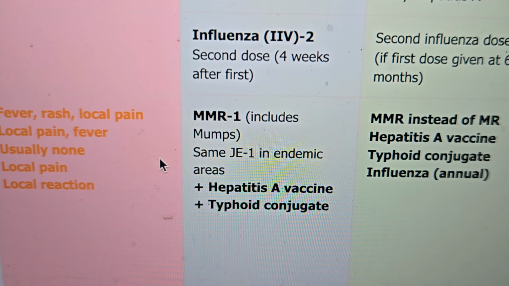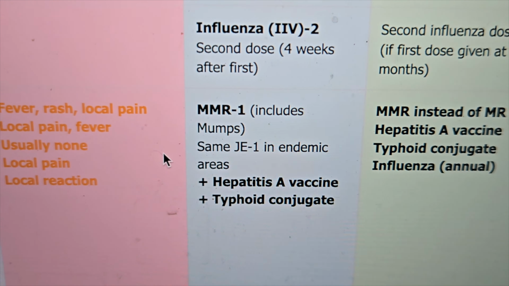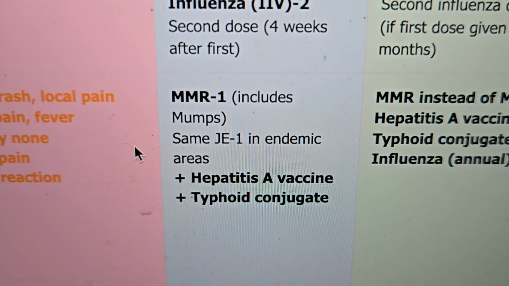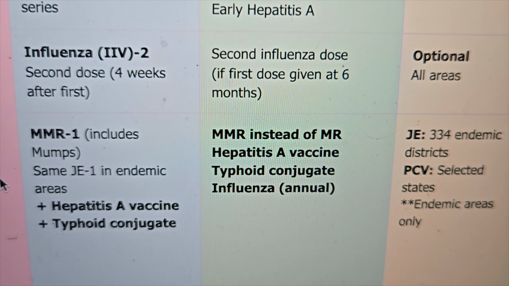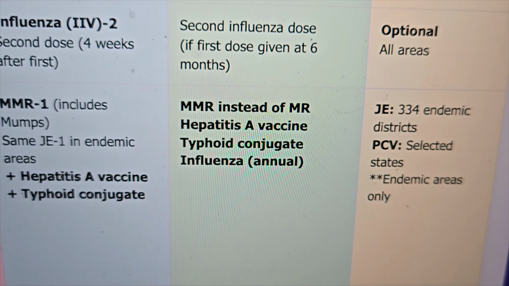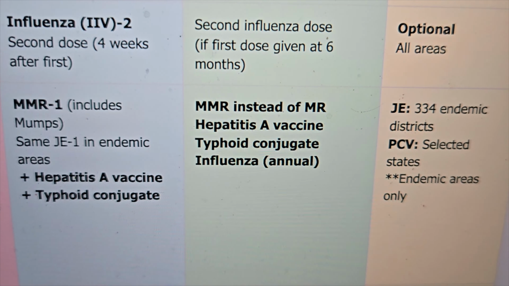Same, Japanese encephalitis 1 in endemic areas is there in the IAP schedule. Hepatitis A vaccine is an optional vaccine. Typhoid conjugate vaccine is an optional vaccine. So, hepatitis A is optional, typhoid is optional, influenza is optional during 9 to